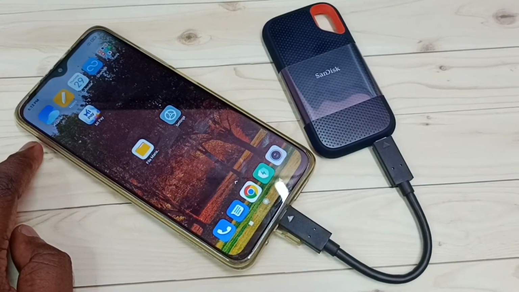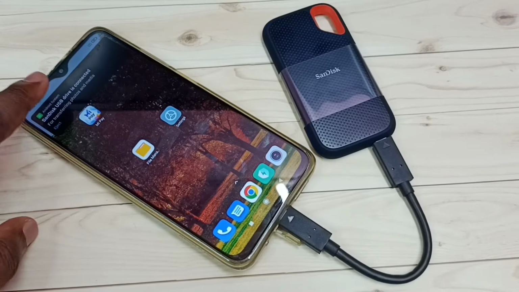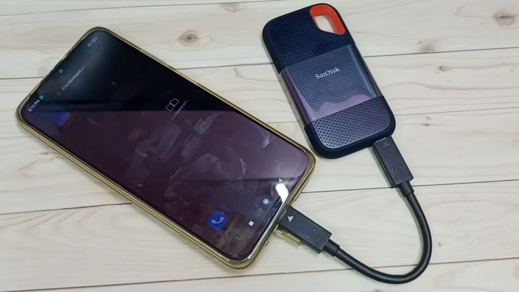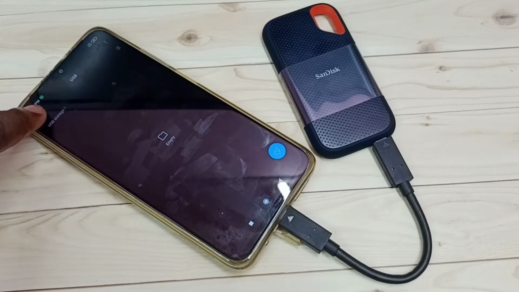Okay, connected. And here you can see a notification: SanDisk USB drive is connected. We can tap here, then we can see what is inside this SanDisk. Right now it's empty because this is a new, fresh SanDisk SSD storage. That is why it's showing empty. Let me tap here, go back,